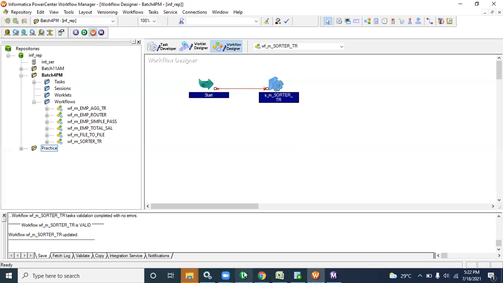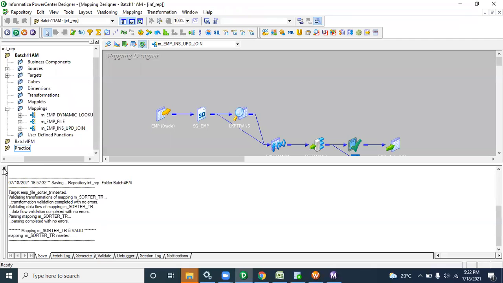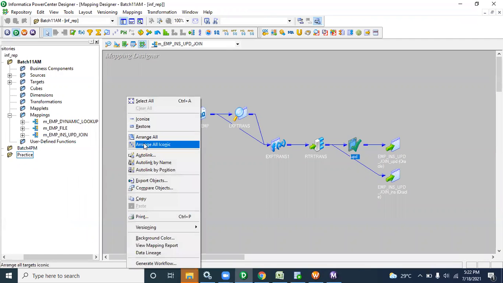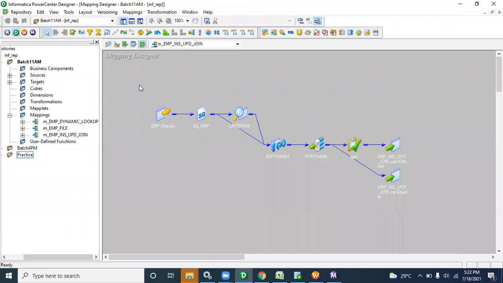If you have any questions, just let me know. Prashant, any question? Nothing from me as of now. Try to practice, because maybe in the next class we will start with joiner transformation, because it is a bit complex.